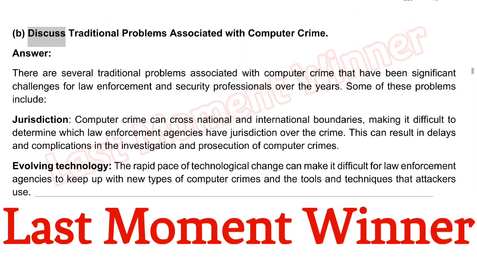B. Discuss traditional problems associated with computer crime. Answer. There are several traditional problems associated with computer crime that have been significant challenges for law enforcement and security professionals over the years. Some of these problems include